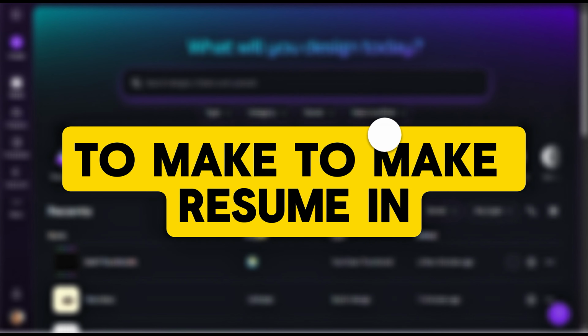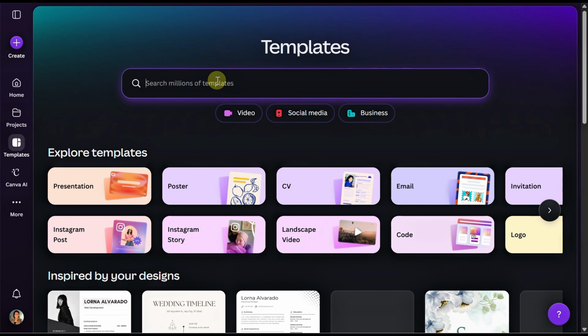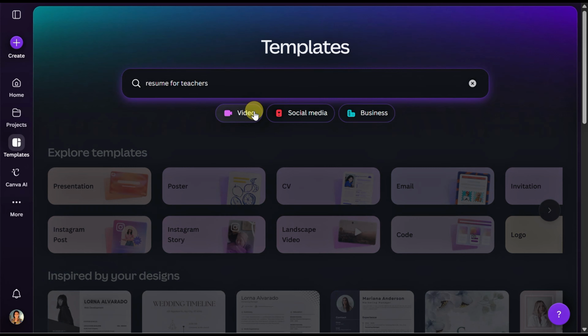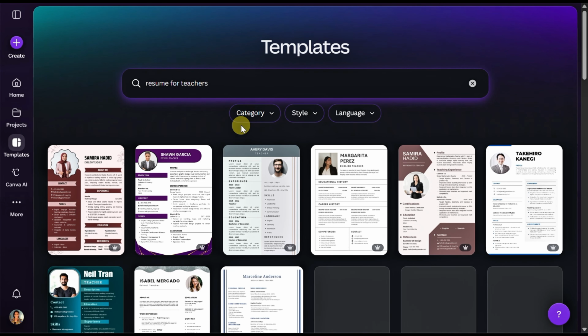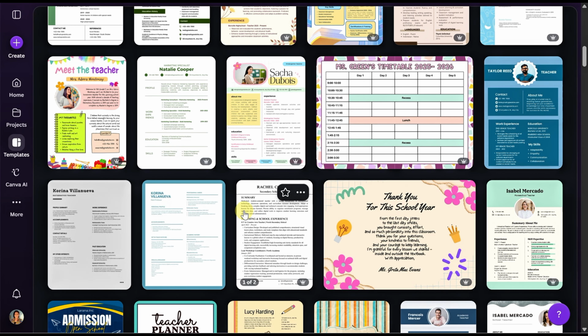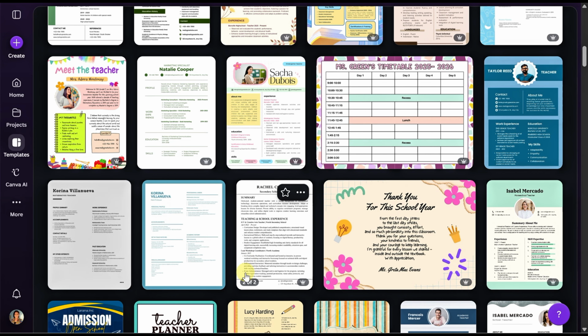To make a resume in Canva for teachers, let's come over to our template on the Canva homepage and search for "resume for teachers". We'll enter that on our keyboard and you see all these resume options begin to come up. Once you find the template that you like, I kind of like this simple and clean minimalistic template,